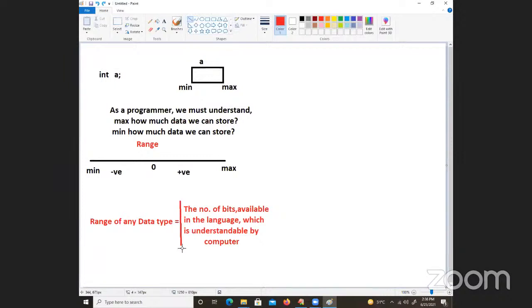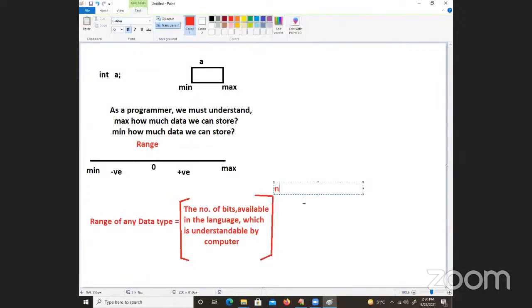Okay, I selected some symbol which is not that. So now I'm writing something like this: to the power of number of bits occupied by, number of bits. See the word called bits. I will give you the clarity. Number of bits occupied by a particular data type.